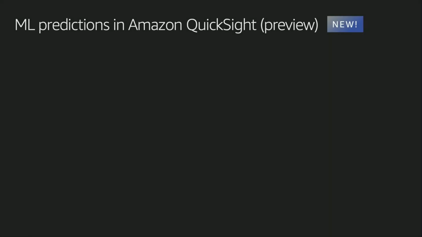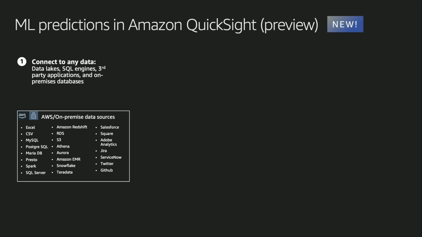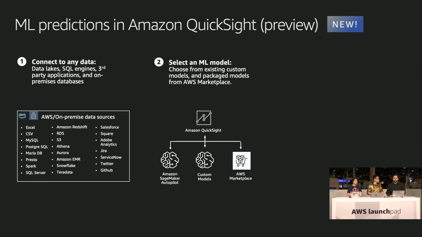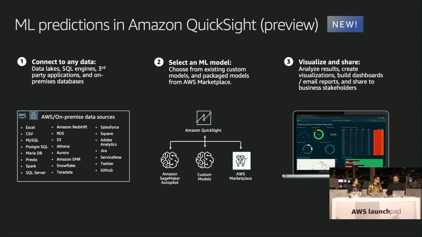There we go. Awesome. So basically, our QuickSight integration with SageMaker takes 3 simple steps. First of all, you connect QuickSight to your database or any data source that QuickSight supports. It can be on AWS, it can be on-premise, and you connect to the data that you want to run predictions on. Second step, you connect to the machine learning model that you've built within SageMaker. You can leverage a model from AWS Marketplace or a custom model that you have built. And once you do that, you click run, and within a few minutes, you can start building visualizations and